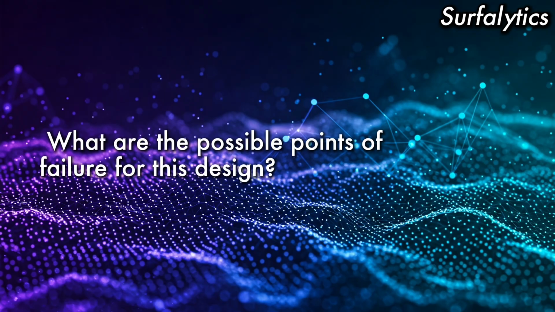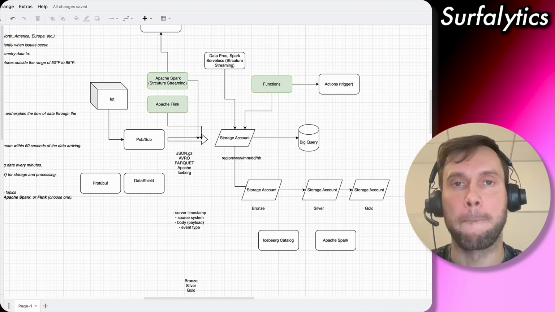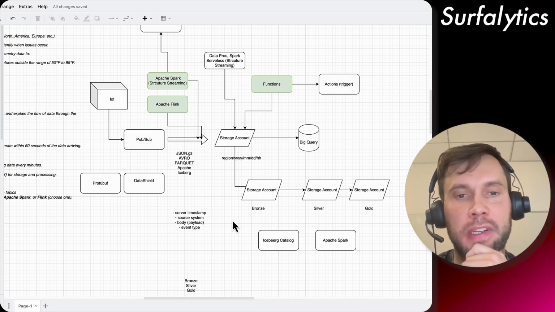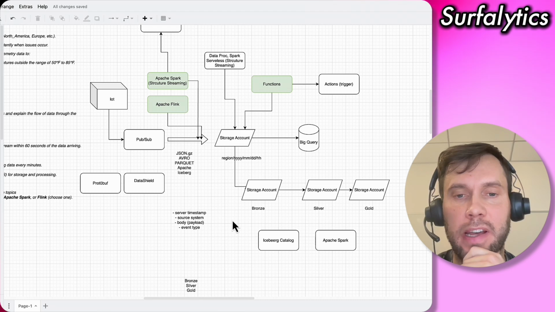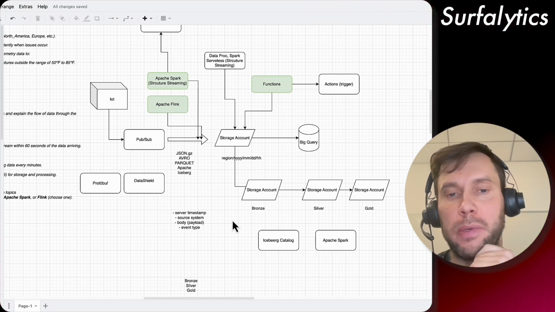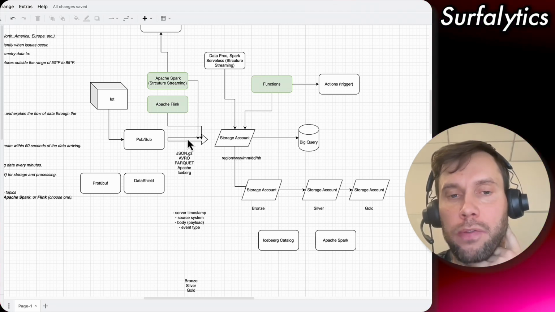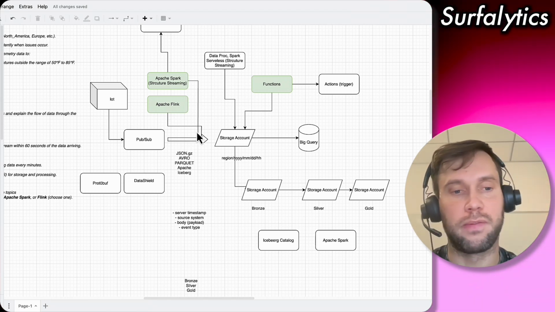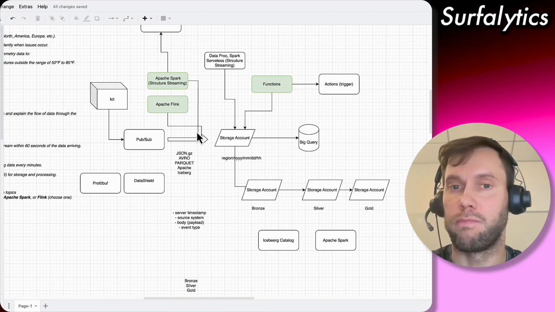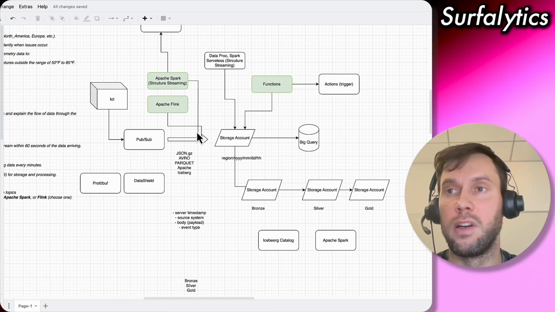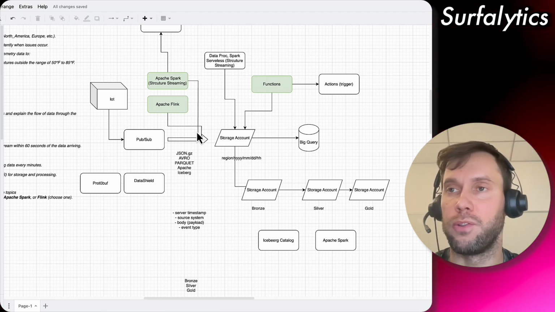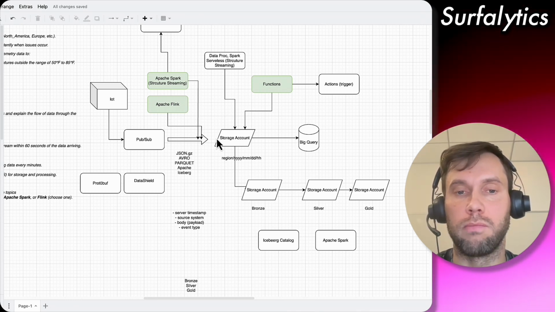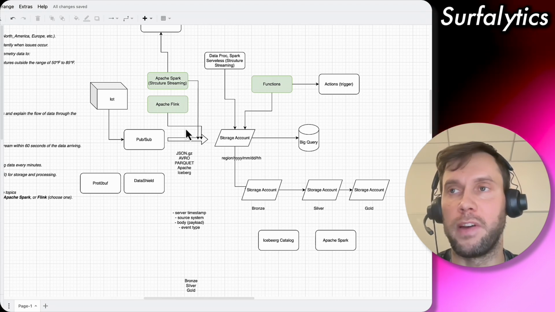What are the possible points of failure for this design? For me, it's every streaming, real-time thing coming in. There could be so many possibilities why a stream can fail, that's the nature of streaming. Even with Apache Spark streaming, sometimes failures are just very hard to troubleshoot, and I created Databricks support tickets trying to get to the root cause. One thing is how to monitor this system effectively.